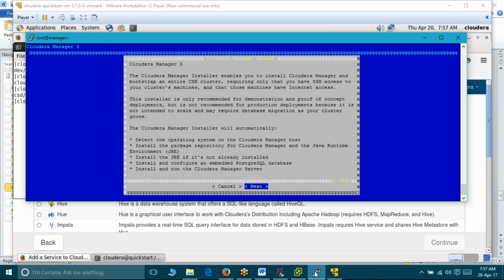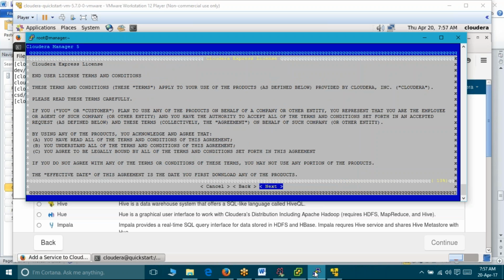I think you are noticing here. This is using your Cloudera manager. We'll be seeing how you are going to set up all those things. You set up your Cloudera manager on one node, and using that Cloudera manager, how other services can be set